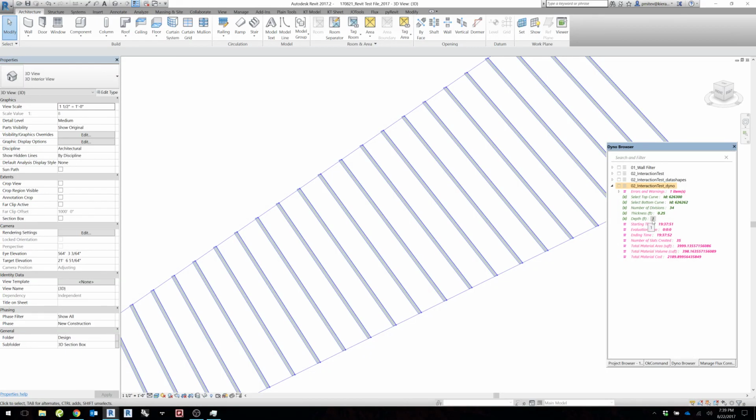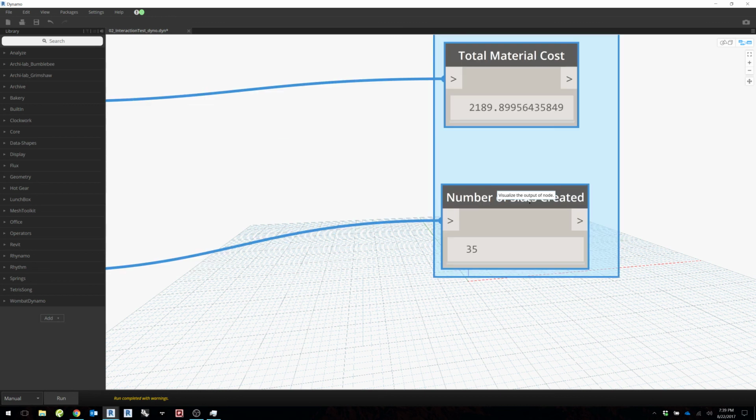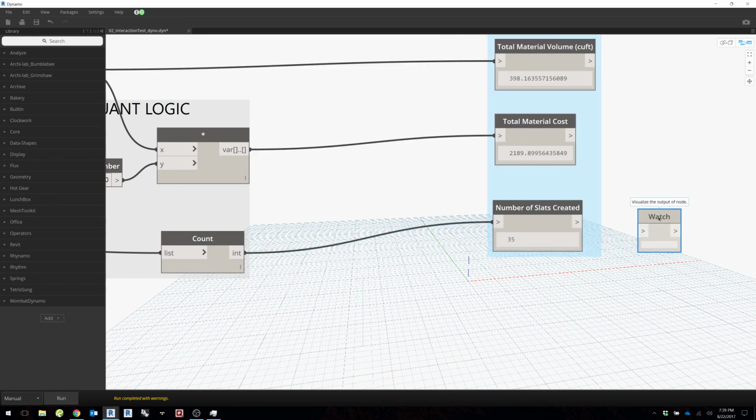Do you have to do something on the watch nodes, like right-click? That's a very, very good question, actually. No, you don't. As a matter of fact, if you rename them, it's going to show them to you. If this was just the default, it's not going to show